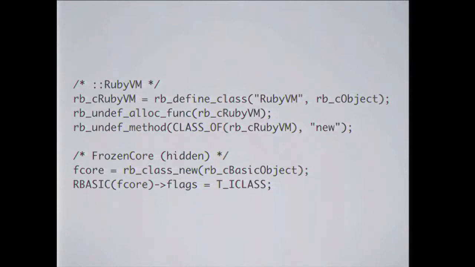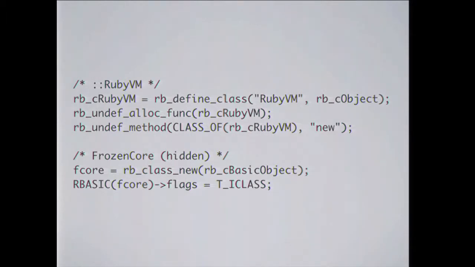But if we look up a bit, then we can see that there is a class that's exposed to Ruby called RubyVM, which is defined just before. And due to how the Ruby garbage collector works, objects that are allocated close to each other in terms of time often have memory addresses that are close to each other. So we can actually use this fact to sort of try and grab onto this frozen core object that isn't